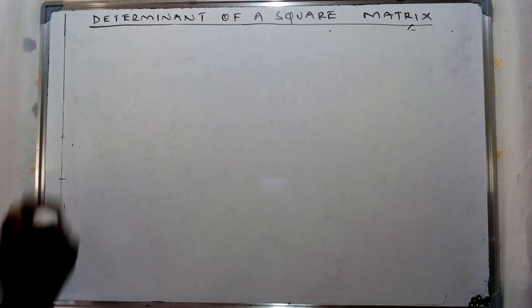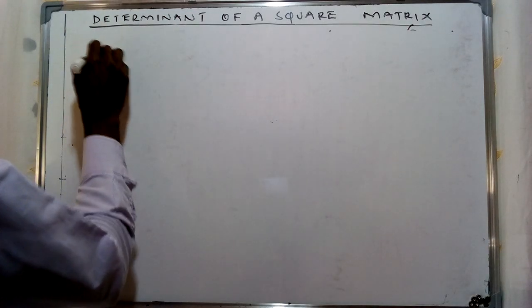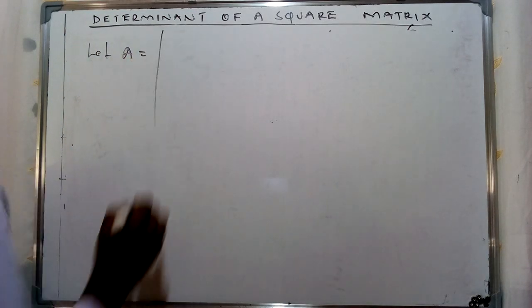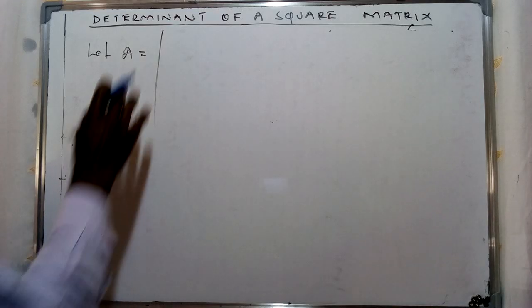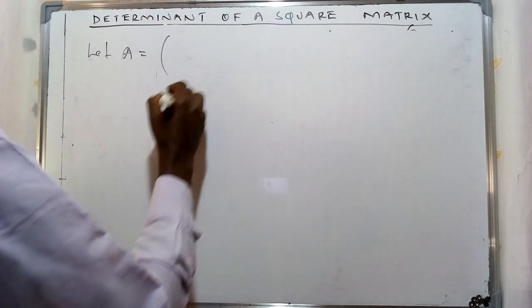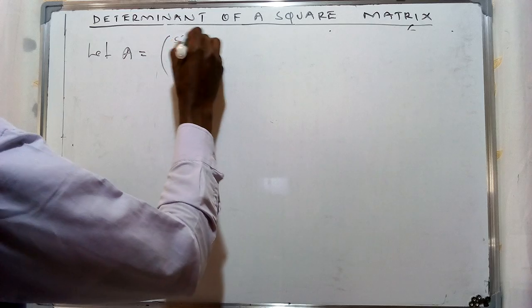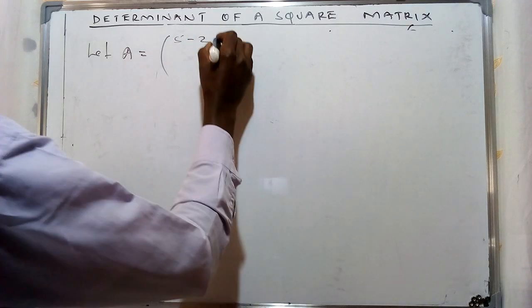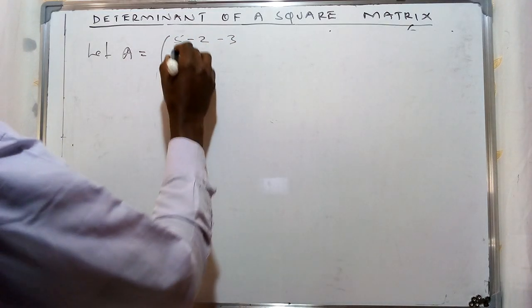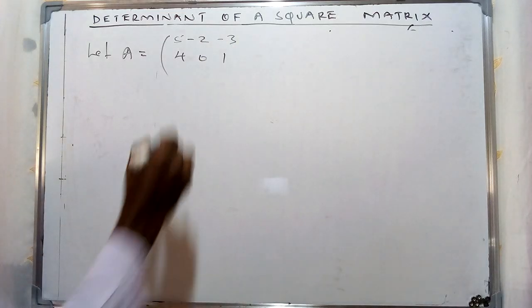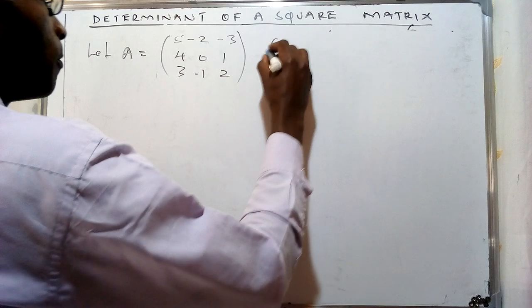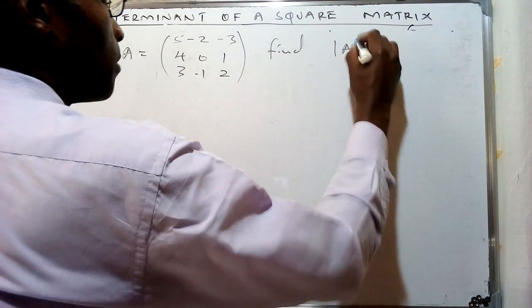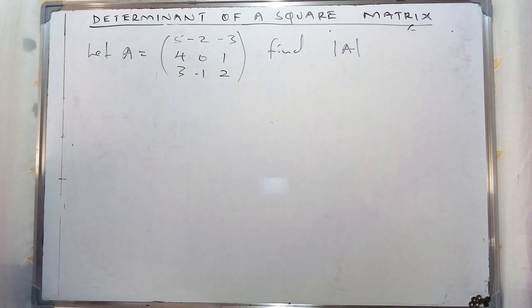So we will have to take this particular example whereby we're going to have the determinant of a matrix that's going to be represented by this specific set of numbers. So we're going to have this one represented as 5, -2, and then we're going to have -3, say 4, 0, 1, and then we're going to have 3, -1, and 2. So if we are required to find the determinant of A, we're going to use the same procedure